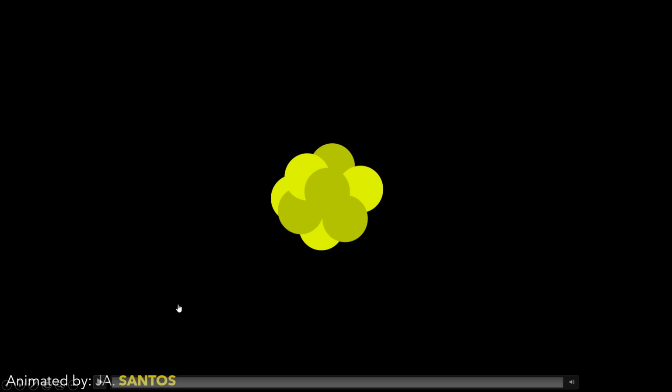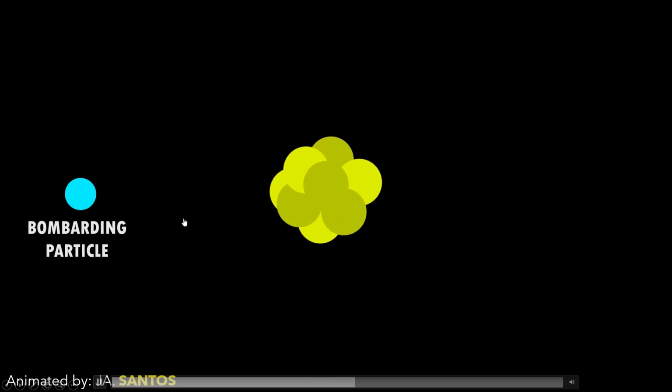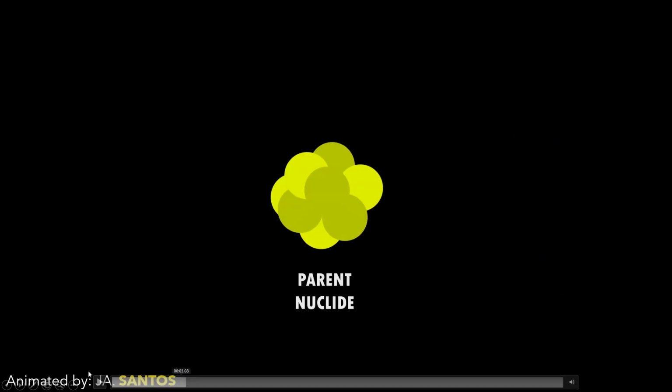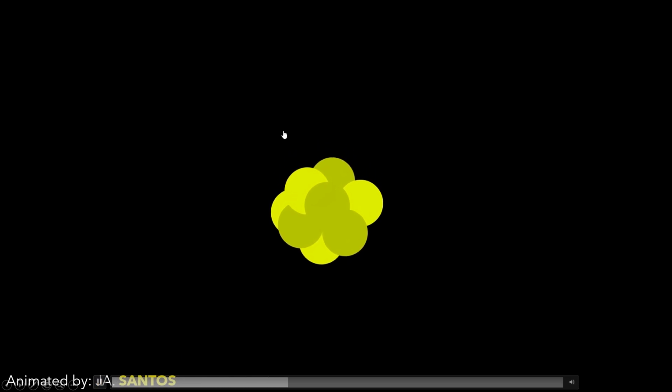So this is actually an animation, one of the animations I made. Let's have here a sample parent nuclide. There is a bombarding particle here, and what it does is it bombards, or strikes, a given nuclide, which starts from a bigger one, and this one is called the parent